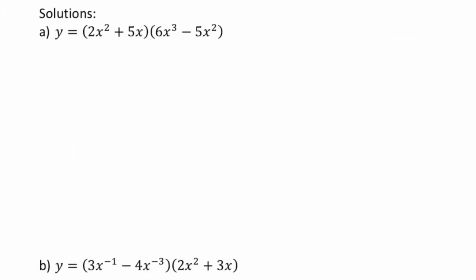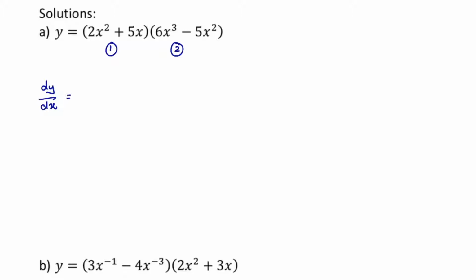So here we have for our very first question, y equals 2x squared plus 5x bracket multiply to 6x cubed minus 5x squared. So over here, this will be our very first equation, and this is the second one. Alright, I'll label this as the first and the second. So for our dy dx,